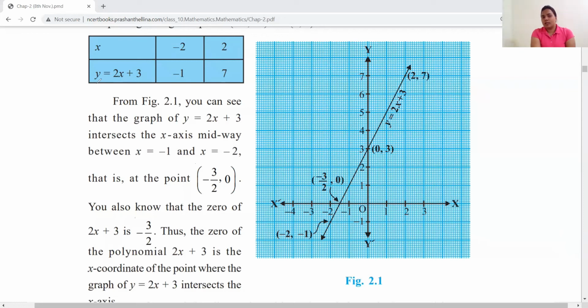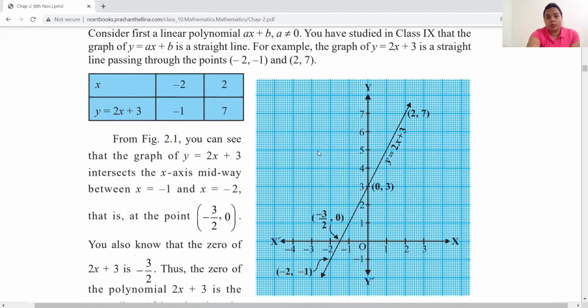We are taking the graph equation in the form of y is equal to 2x plus 3, and our variable is x. So we will check where the line cuts the x-axis. Horizontal axis is the x-axis, vertical is the y-axis. This line is coming and it is cutting the x-axis over here. Whatever is the value over here, that is the value of x. At this place the value of x is minus 3 by 2, because this is minus 1, this is minus 2. If I count it, this is minus 3 by 2. So I can write the value of x, or the zero of this polynomial, as minus 3 by 2.